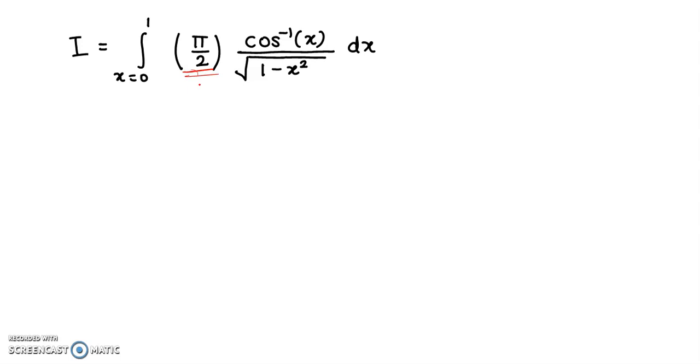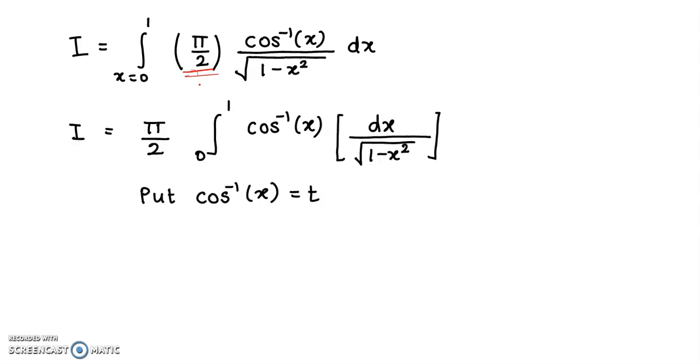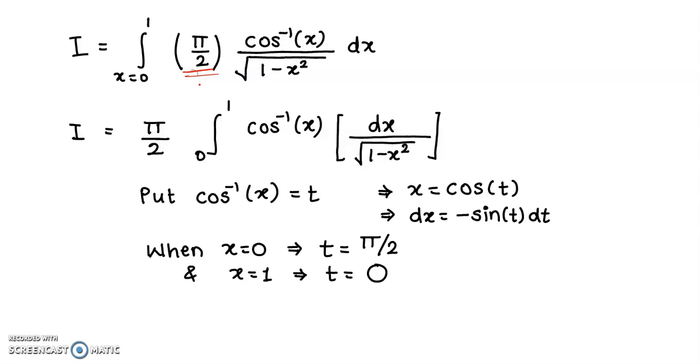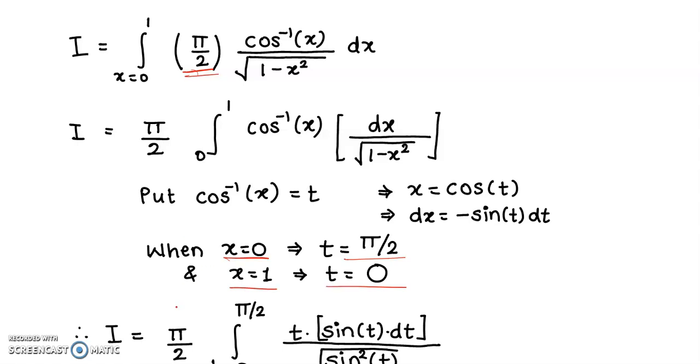Now we evaluate the integration with respect to x. We consider cos inverse x is equal to t, which implies x is equal to cos t. Hence dx can be replaced by minus sin t into dt, where the minus sign can be absorbed to change the order of integration for variable t. We consider the limits: when x is equal to 0, t is equal to pi by 2, and when x is equal to 1, t is equal to 0. Now we use this minus sign to change the order. So instead of t equal to pi by 2 as the lower limit, we consider t from 0 to pi by 2, and the minus sign will be cancelled.